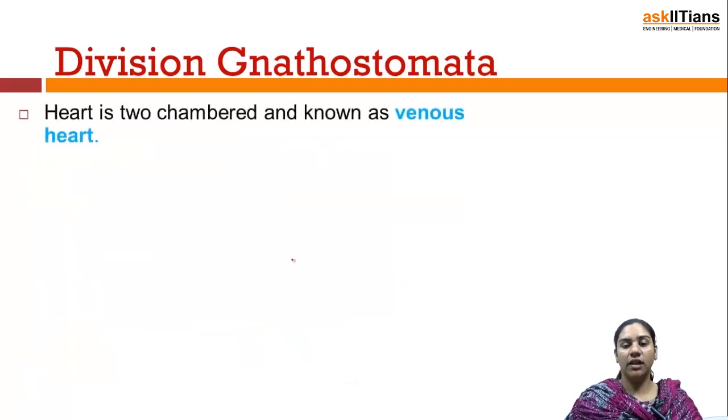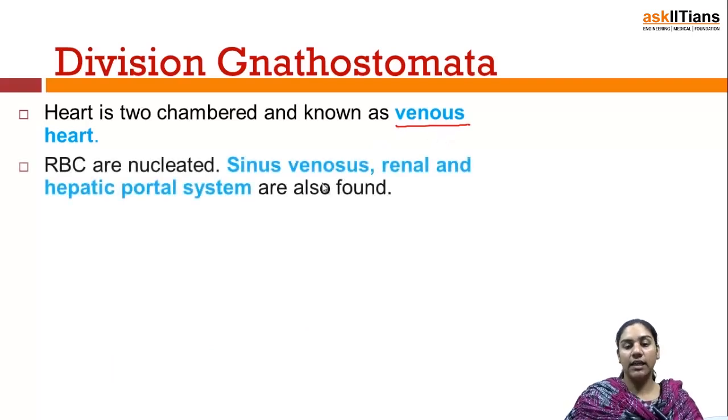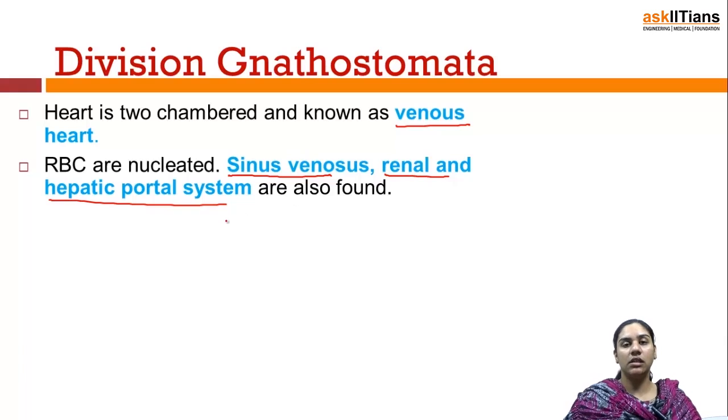The heart is 2-chambered and is known as the venous heart. RBC are nucleated, and sinus venosus and renal and hepatic portal system are also found. Sinus venosus is a cavity at the venous side of the heart. The portal system is a